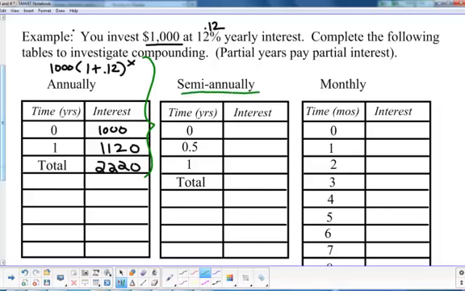Compounded semi-annually means you're going to compound it twice a year. You're going to compound it at half a year and then again at a year. The rate is still 12% though, so that's the total rate. So in all actuality, you would be increasing 6% each time to get a total of 12%. So if you multiply this by 1.06, you're going to get 1,060. And if you multiply that by 1.06 again,